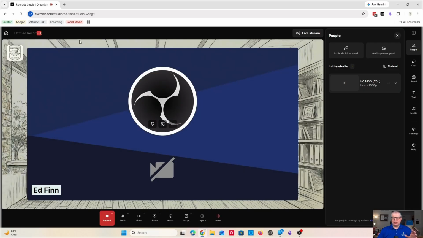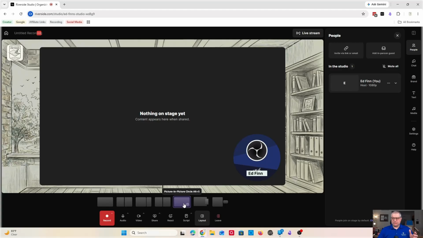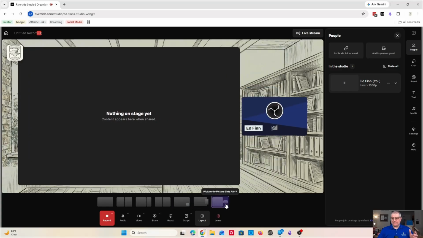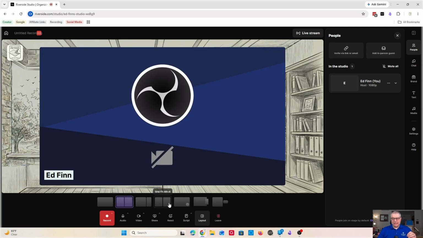And when you join the studio, you have the ability to brand. And right now you'll see I've got this custom branding all the way around. I can change the layouts to different things. It defaults to a tab style, but there's only one speaker in here, but I can always change quickly to any style that I want. It's really, really cool. And it allows you to have a lot of flexibility with what you're trying to do